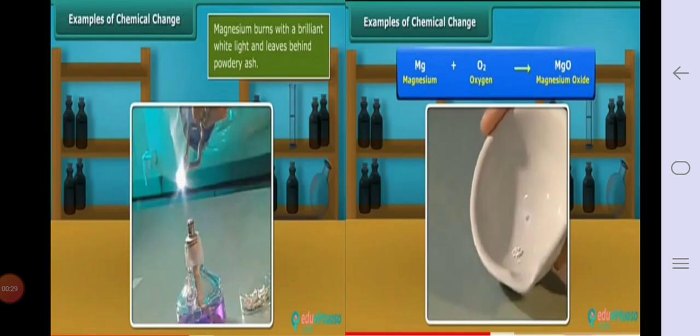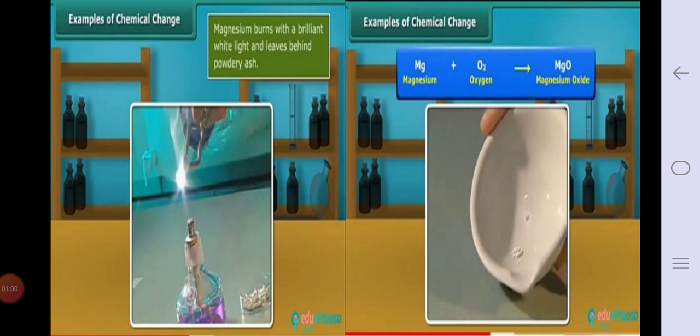So from this picture you will understand what we have to do first. See the picture shown in your textbook also. Now if you take a magnesium ribbon, or see in your books, get a small piece of a thin strip or ribbon of magnesium, clean its tip with sandpaper, bring the tip near a candle flame. It burns with a brilliant white light. When it is completely burned, it leaves behind a powdery ash.